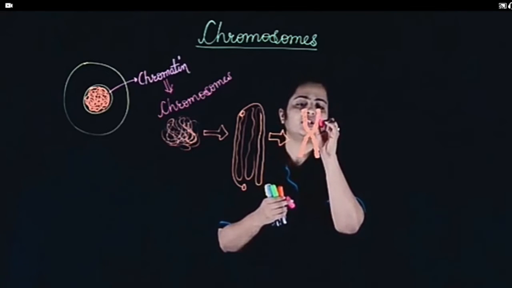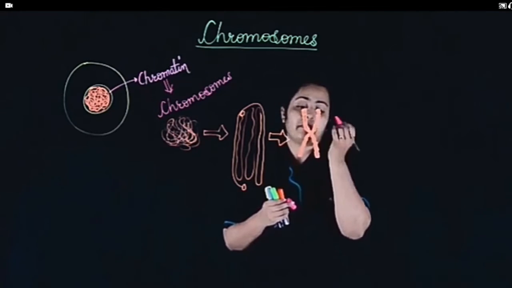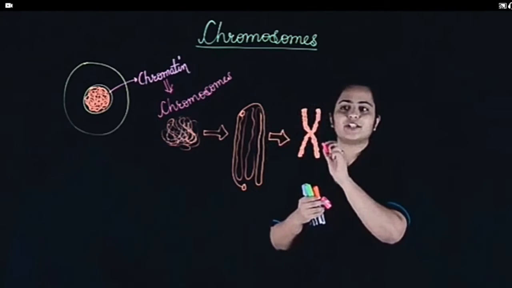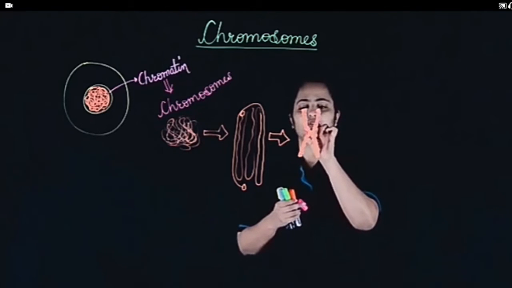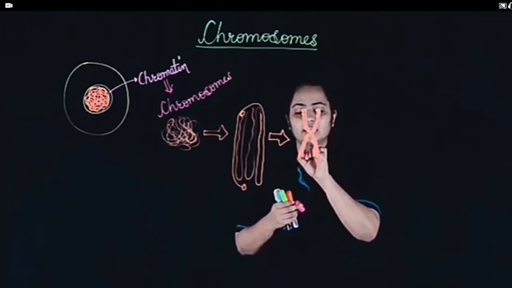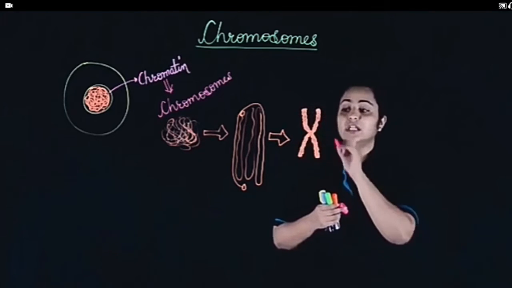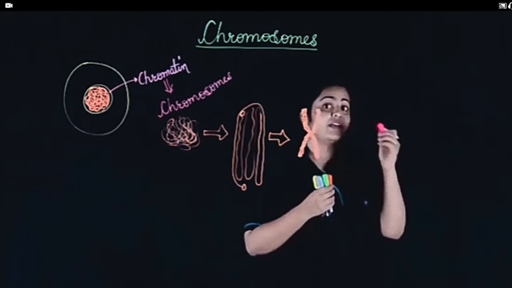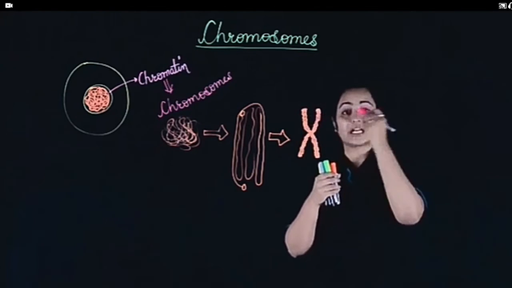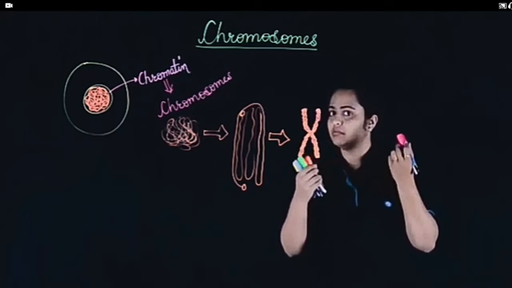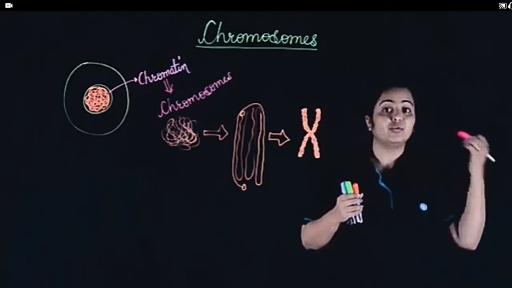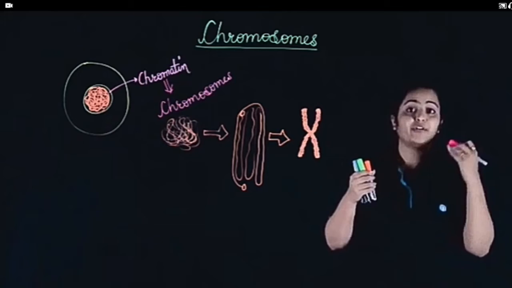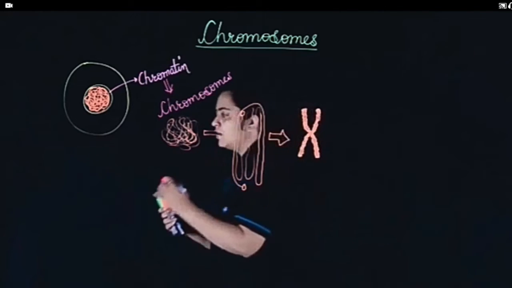So maybe this portion, all these segments that you find over here, are having certain important codes locked inside them. These codes which are locked inside them are nothing but genes, and these genes are giving us proteins, which is nothing but the characteristics that you find in you and me. That means these are responsible for ruling our lives. Thus, chromosomes are structures which will carry genes which are important for us to express the proteins in our body.